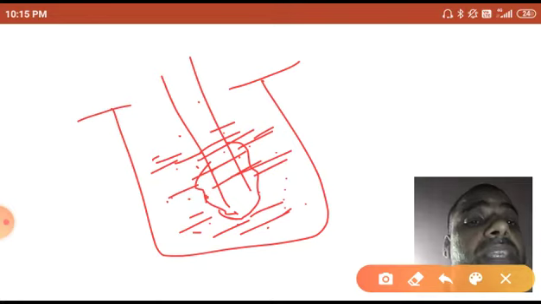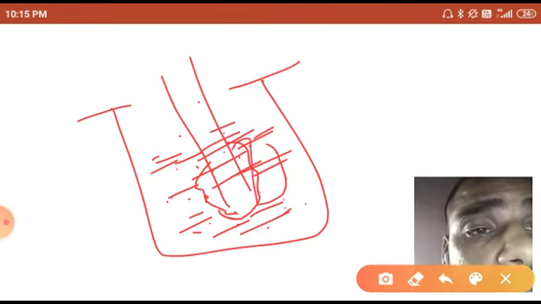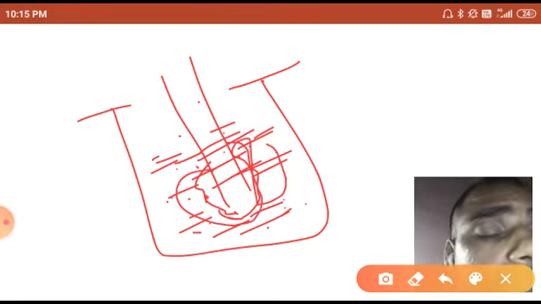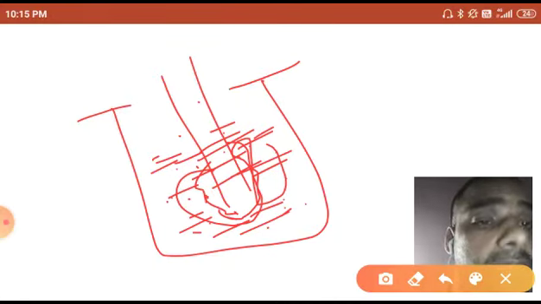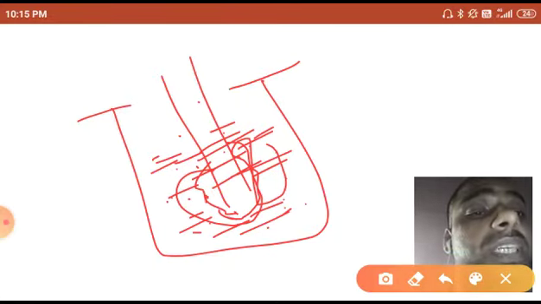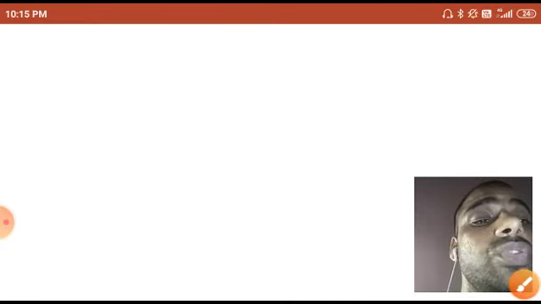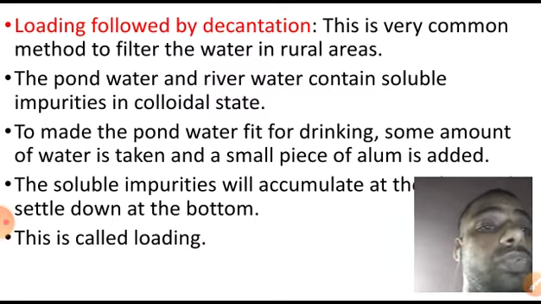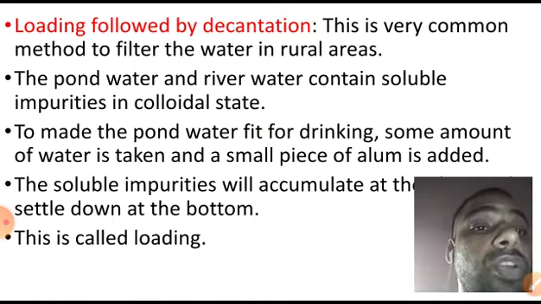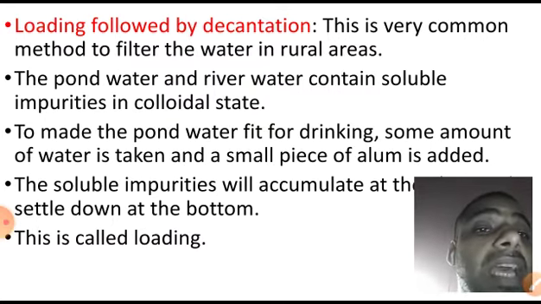This soluble impurity will accumulate at the alum, and it frees the water as pure, which can be made suitable for drinking purposes. So dear student, you should know that process is known as loading. Once it has settled down, accumulated at the alum, this is called loading.